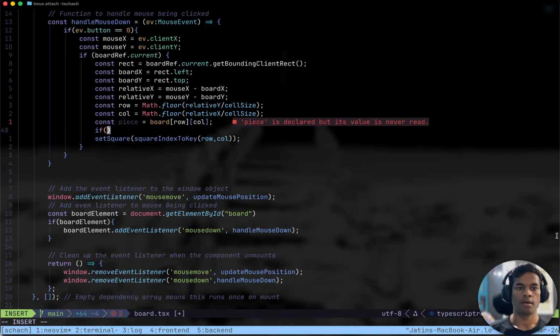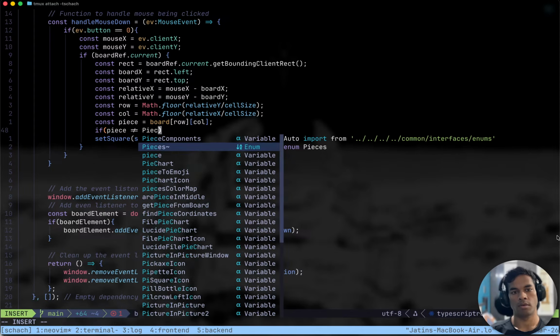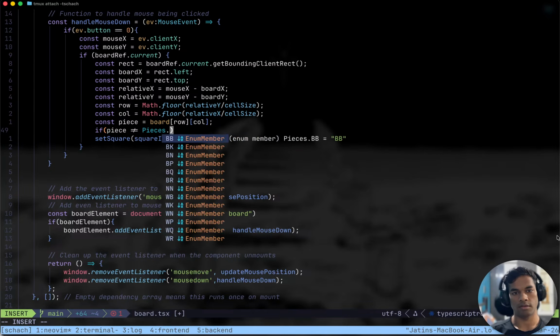Okay, after this piece we have to check if piece is not equal to pieces dot empty.